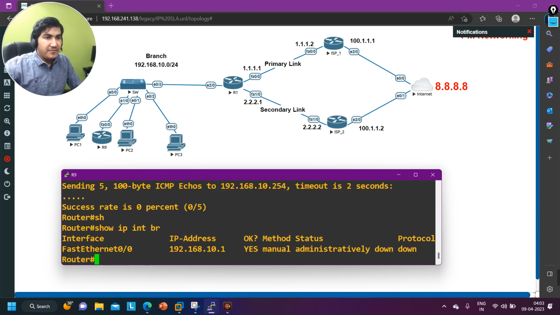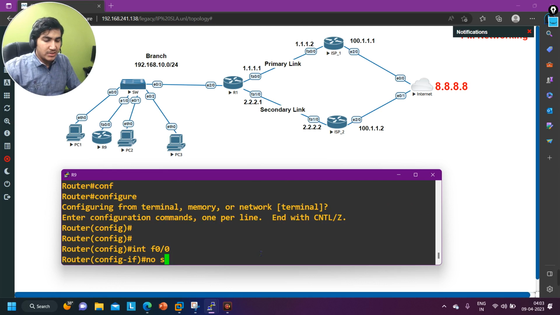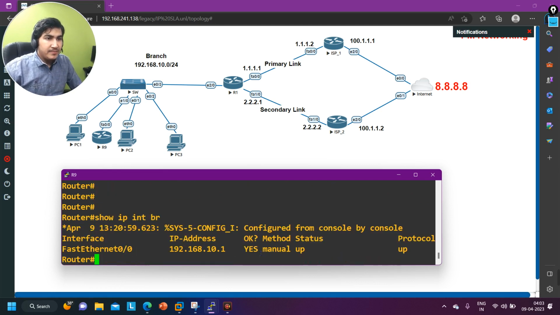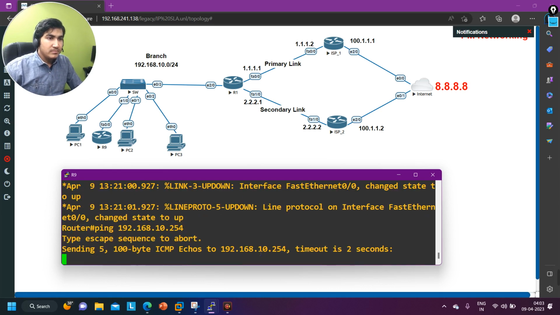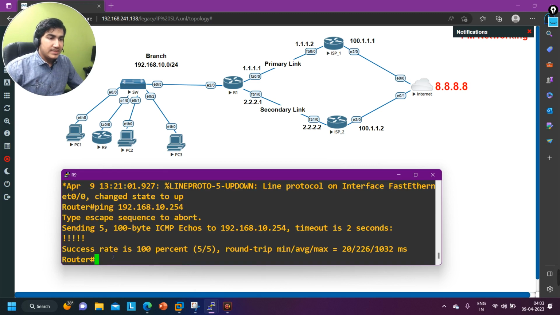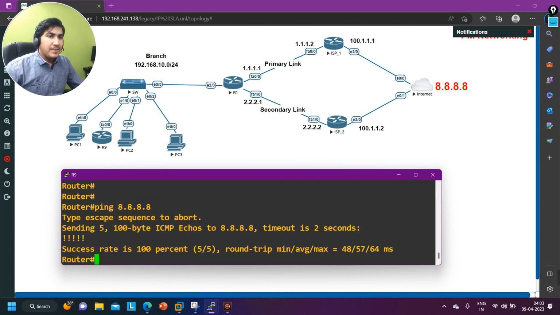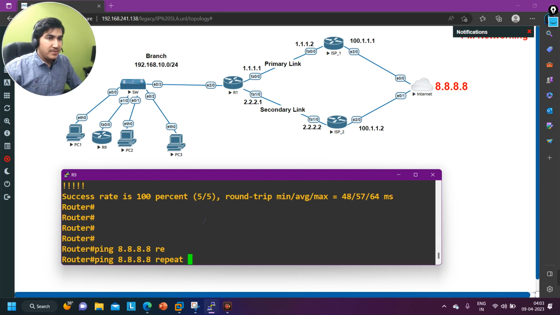So show IP interface brief. So the IP address is this one, but the interface is down. Interface F0/0, say no shut. And ping. Yes, I am able to ping my default gateway. Am I able to ping 8.8.8.8 from here? Yes, I am able to ping 8.8.8.8. Yes, from here I am going to repeat some packets. Repeat 10,000